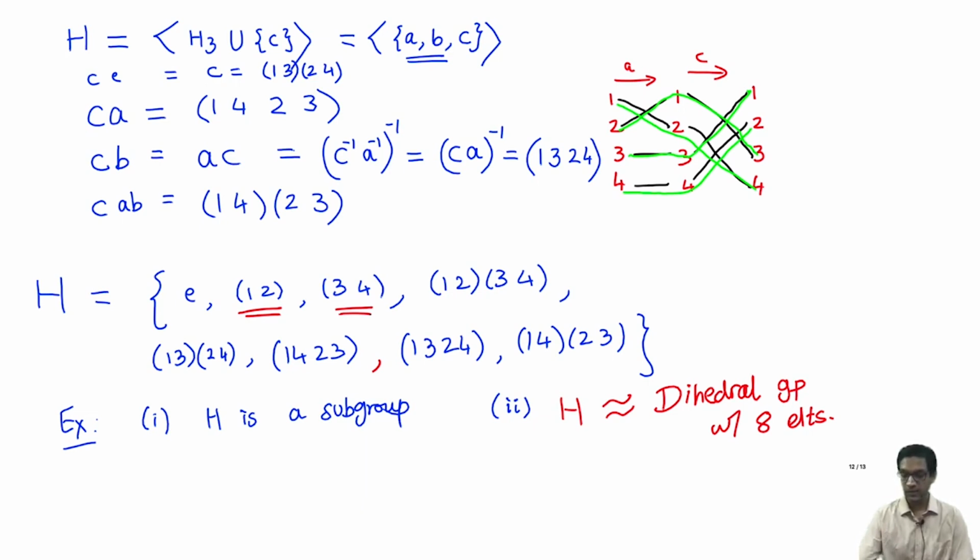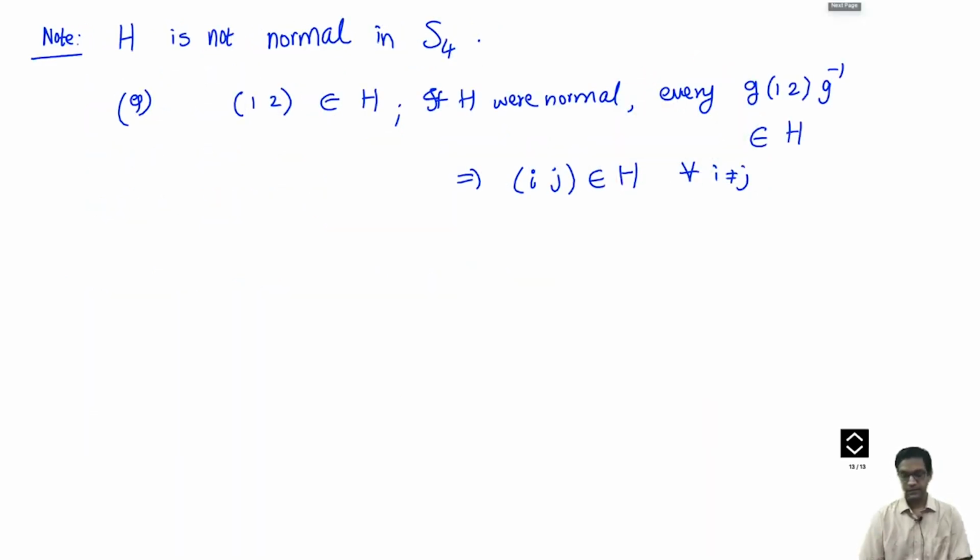So H is not normal, and therefore it implies that there are more Sylow subgroups. There exist more Sylow 2-subgroups. Okay, how many are there? How many Sylow 2-subgroups are there? So this means that there are other Sylow 2-subgroups as well.